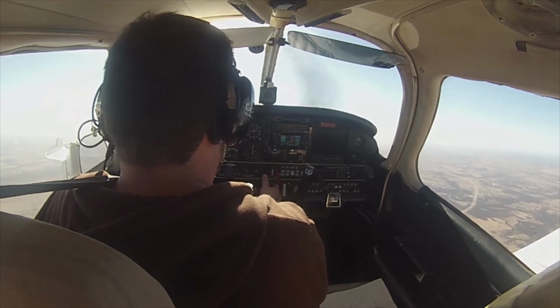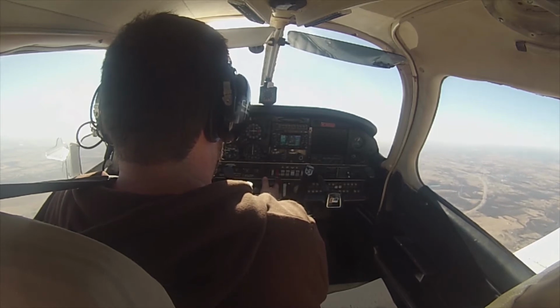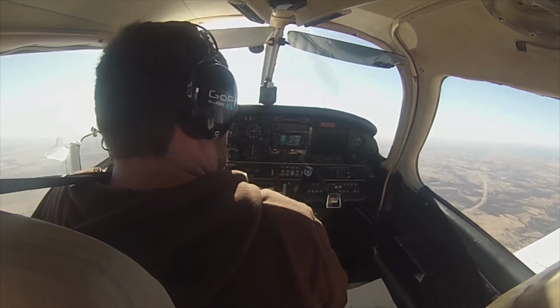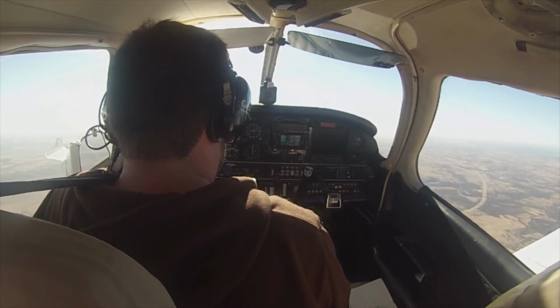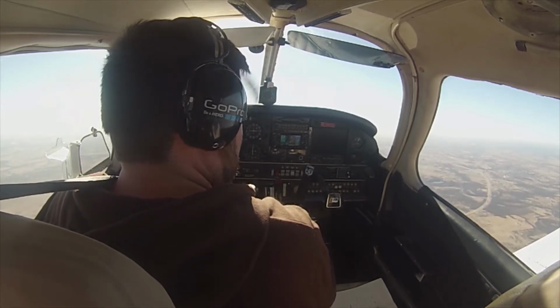AC 4651, airport 2 o'clock and 9 miles. Airport in sight AC 4651. AC 4651, cleared visual approach runway 8. There is a low-level helicopter maneuvering at 1,400, 4 miles southwest of the...